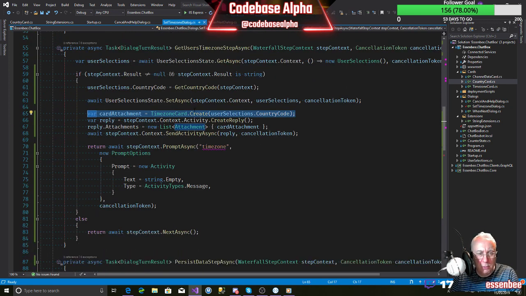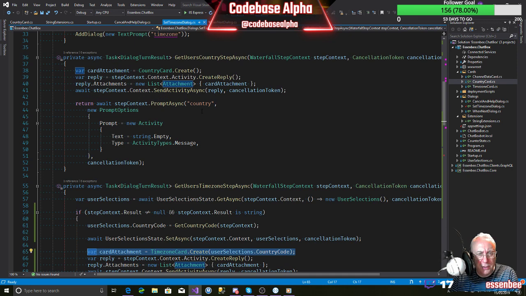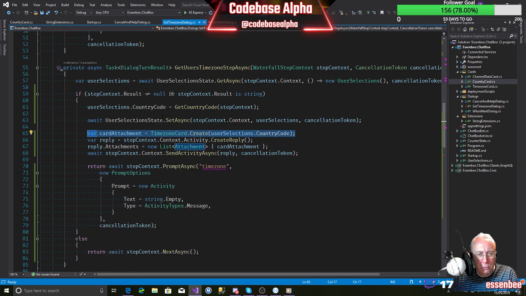So when we've processed the country, we've now got our country code. Let's set step context.result. We've plucked that out of the step context.